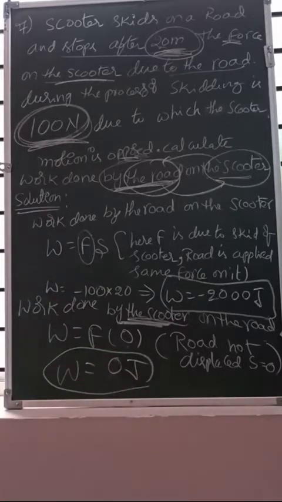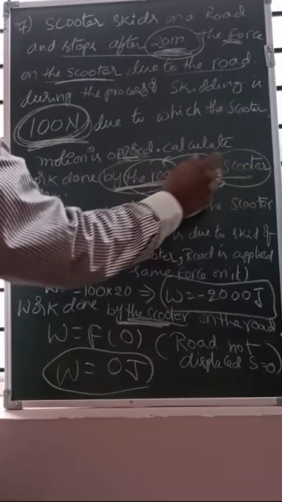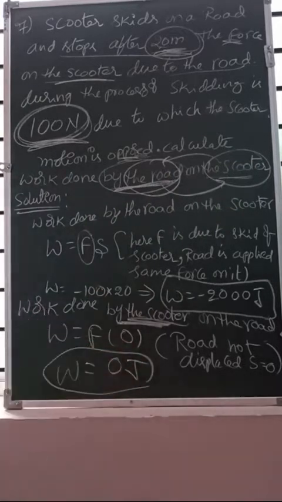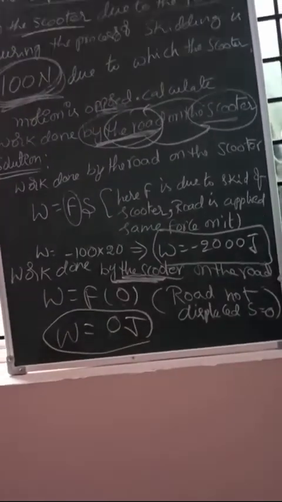Do you understand the twist in the sum? Try to follow. The words will be changed here, and the answer will change. That is the twisted numericals in physics. Clear? Next one is